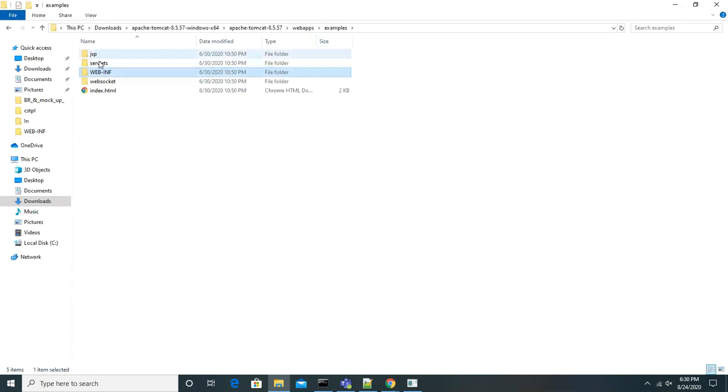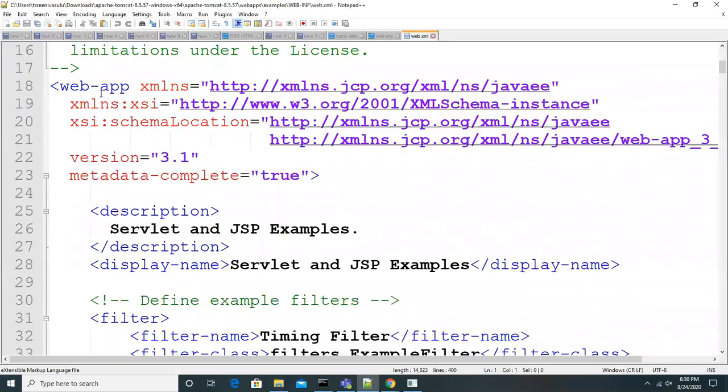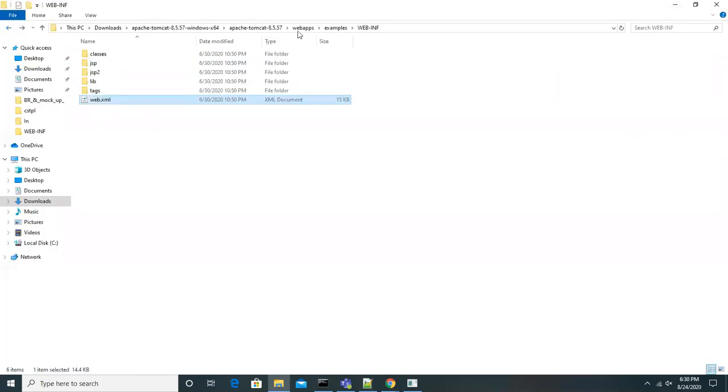But along with that, you have another thing. Don't worry about it. Under the WEB-INF folder, classes is there, lib is there, web.xml. Along with that, we have other stuff also there. Don't think about it. Every project should have a WEB-INF folder. Under that, you should have web.xml. Along with the web.xml, the classes and lib folders also, we will have that.